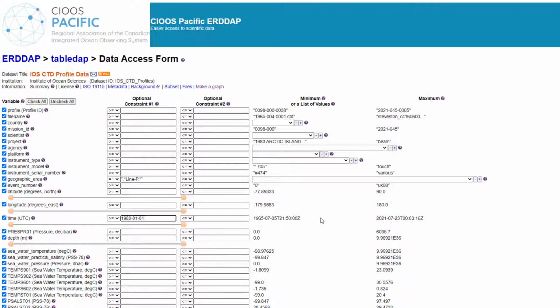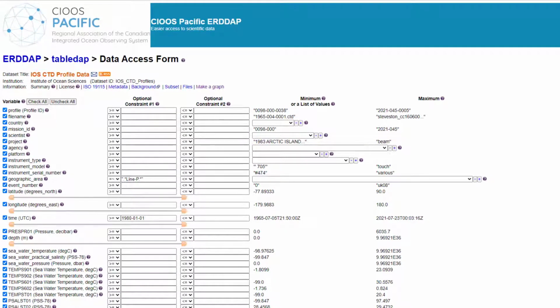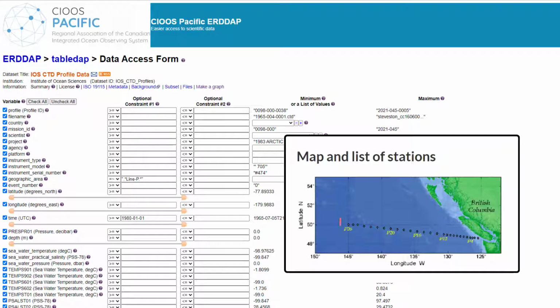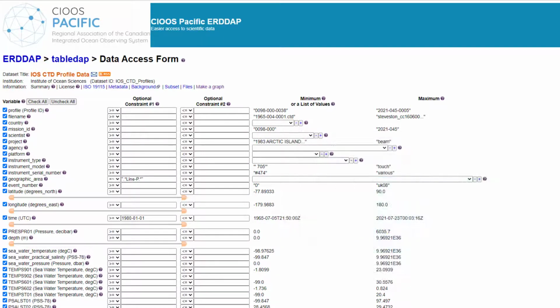We can also customize the range of values that we'd like to see for other variables. For instance, let's say that we're interested in how the surface temperature and salinity has changed at Station Papa at the end of line P, located at 50 degrees north, 145 degrees west. To get the data from just around Station Papa, in the longitude row you can type negative 145.5 in the constraint number 1 column, and ensure that the operator selected is the greater than or equal to symbol.